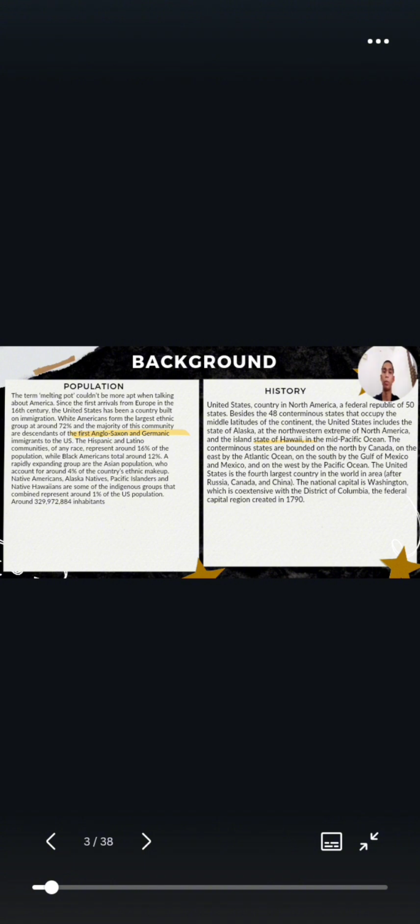For the fifth point is history. The United States has 50 states, 48 states on the mainland and 2 states that are separate. For example, Alaska at the northwestern extreme of North America and Hawaii in the Pacific Ocean. The United States is the fourth largest country in the world in area and the national capital is